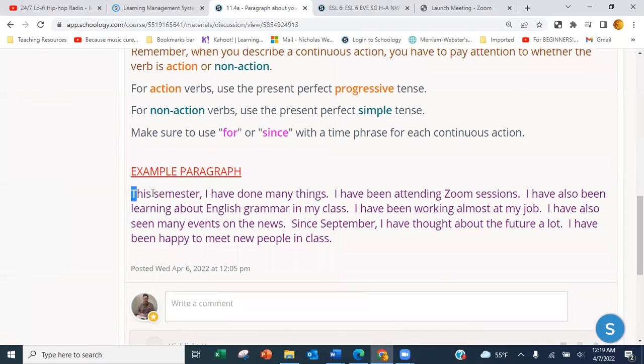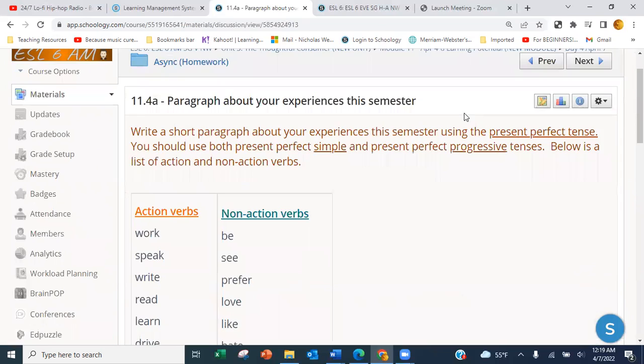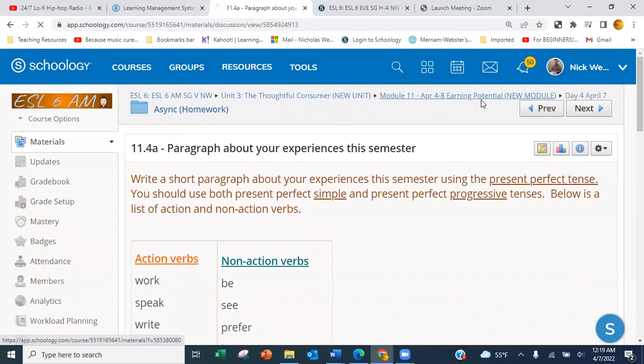Here's an example paragraph you can read if it helps. And you will write your paragraph down here in the comments box. That is the final activity for today,